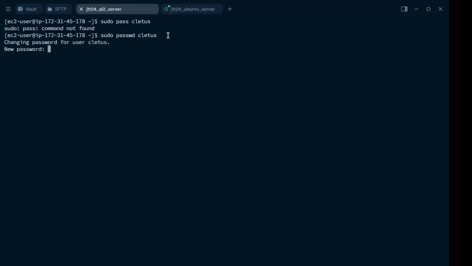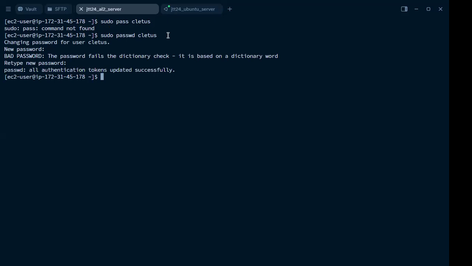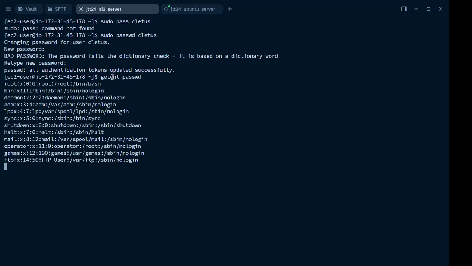Thank you. So this is what I'm going to use: Computer1. Okay, the first character in uppercase. Computer1. So again, if I run getent passwd,